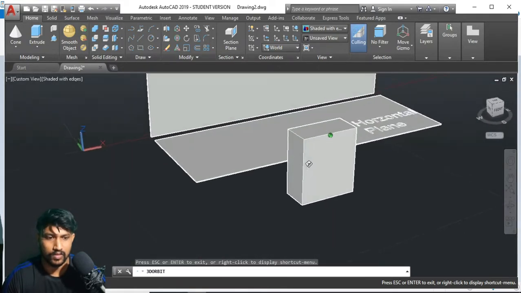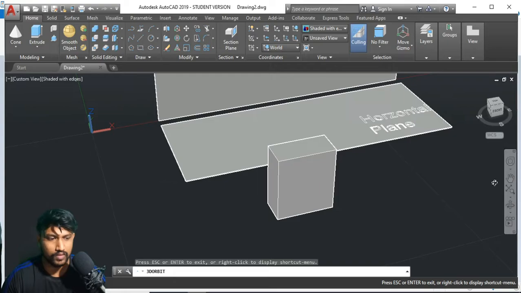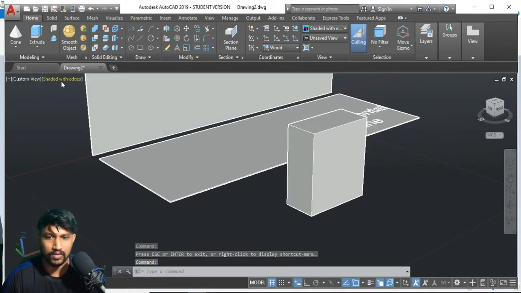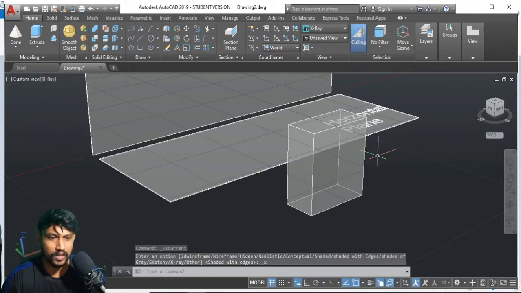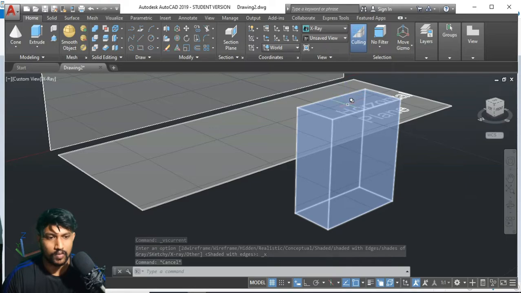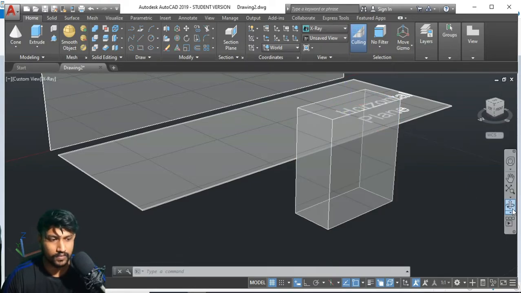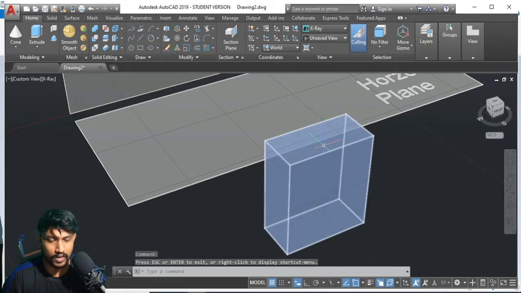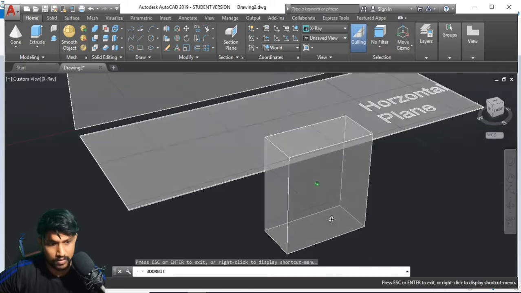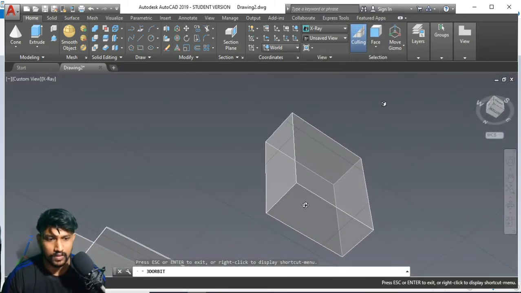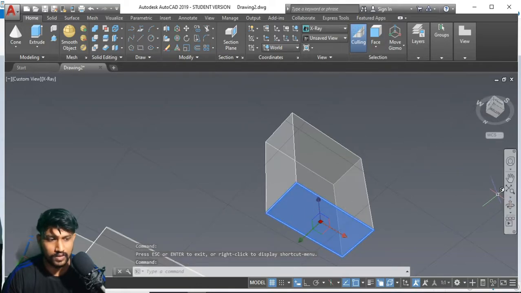Let's talk about the different faces, the different geometry that is being talked about. I told you let's go to the X-ray mode so that we can see every face here. So this is the top of this rectangular prism, and this one here is the base face.